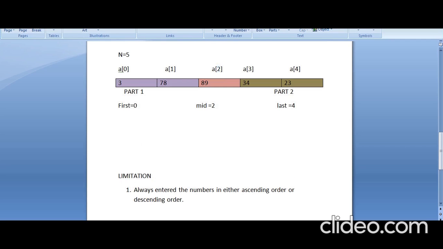Let me consider what I am searching for. Suppose I am searching for the value 89. Let me consider the array values 379, 134, and here 223, because we want ascending order. I am searching for 89.